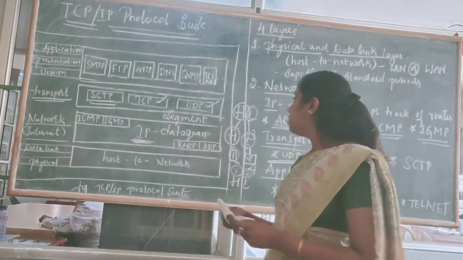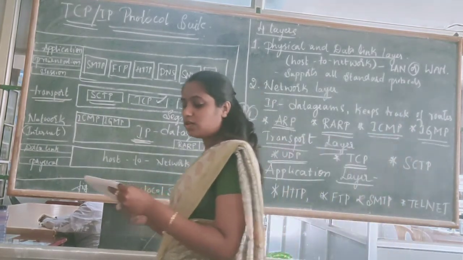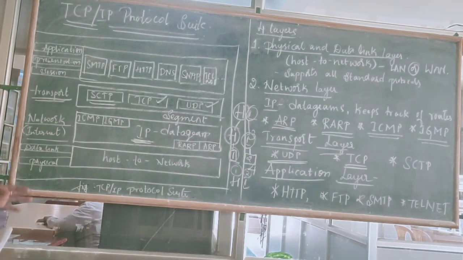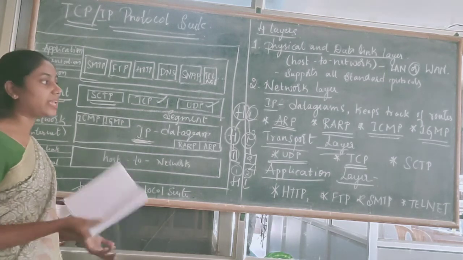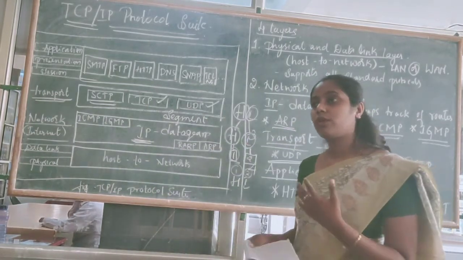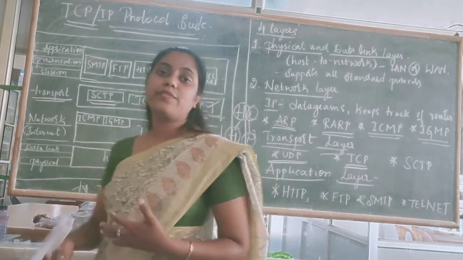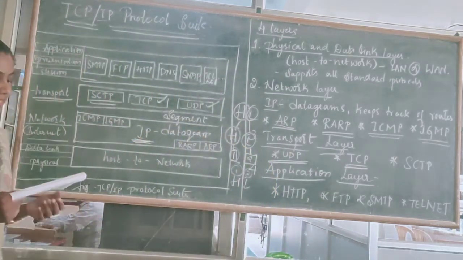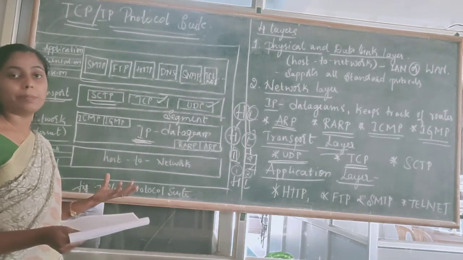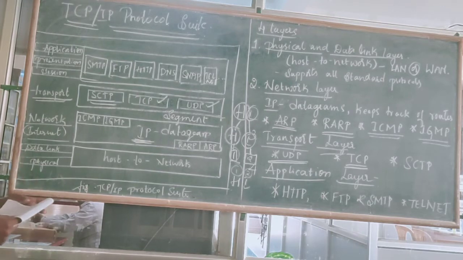The next one is SCTP. It stands for Stream Control Transmission Protocol. It is mainly used for newer applications, also applications which are updating in the network, like voice over network. This kind of new applications are supported by SCTP. It combines the best features of TCP and UDP. This is the function of SCTP, the Stream Control Transmission Protocol.